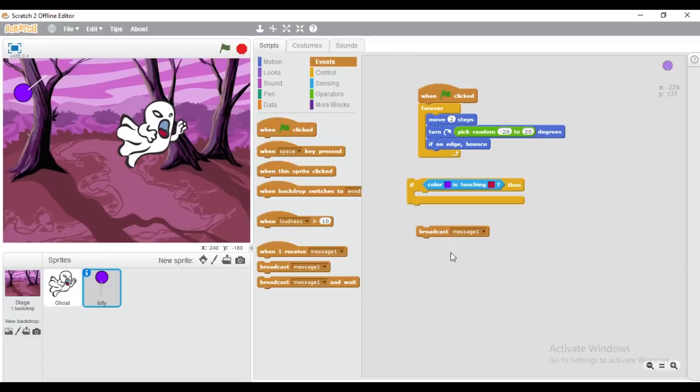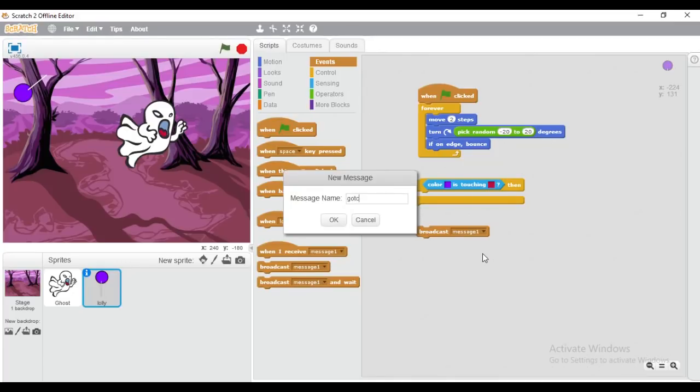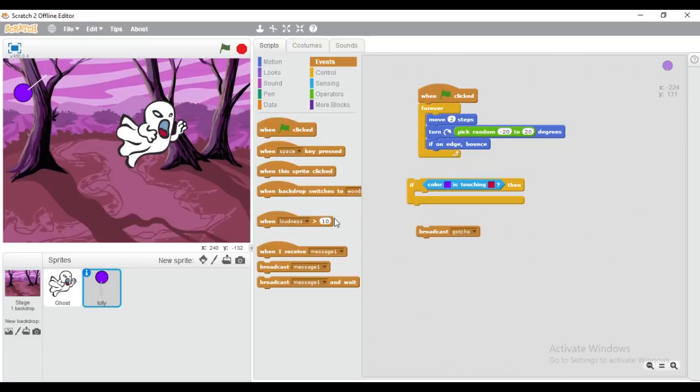A broadcast has got two parts to it. One is the sending of the message, and the other part is the receiving of the message. What we're going to do is change this message here to a new message, and we're going to type in gotcha. In other words, when the ghost catches the lollipop, gotcha is going to happen. We're going to tuck this broadcast message into here,